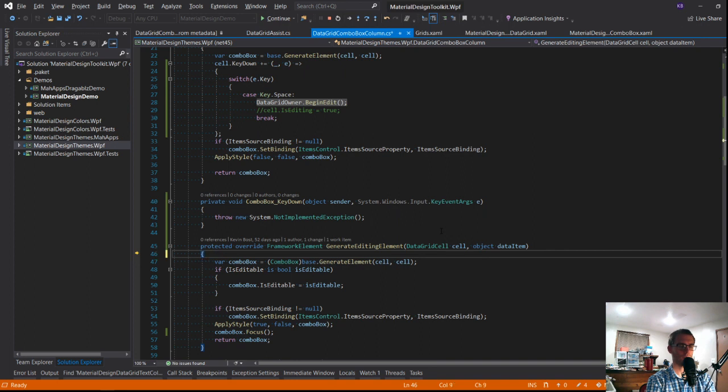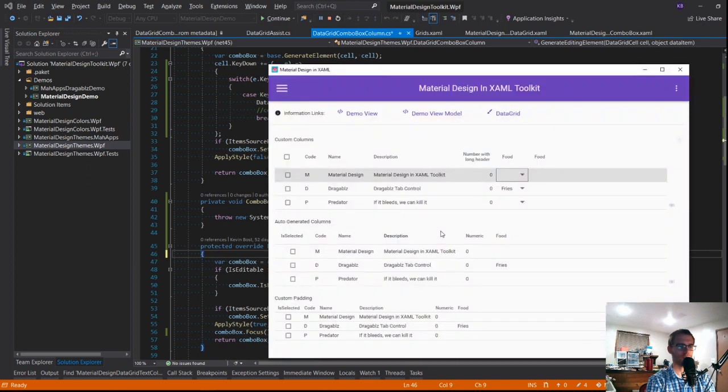Tab, F5. So let's see. So we move around, right? Move around. Spacebar gets me in. Down arrow lets me start going. And then enter commits and gets me out. So something like that works.